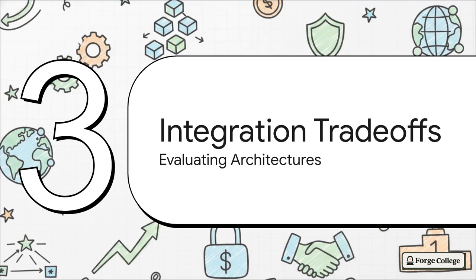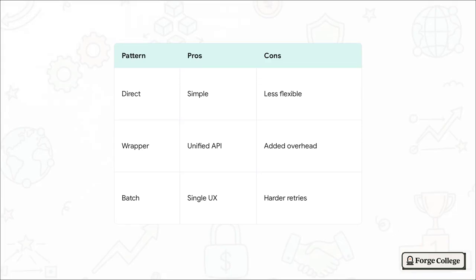Let's see how this shapes your architectural decisions, because every engineering choice has physical trade-offs. Much like an architect comparing structural materials for a bridge, you have to articulate the pros and cons of your approaches. Your documentation must include an analysis comparing a direct adapter, a unified wrapper SDK, or an atomic batch. You need to tell the reviewer exactly when to use each pattern, what the benefits are, and what the hidden